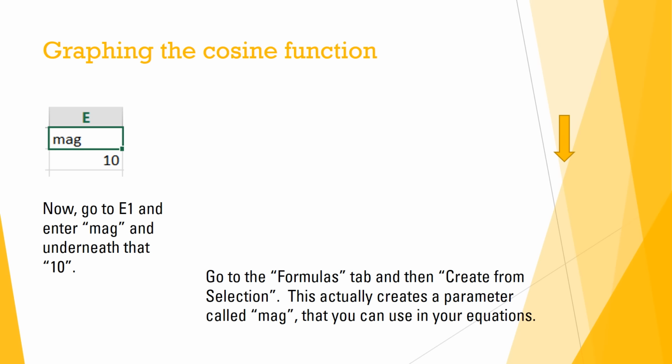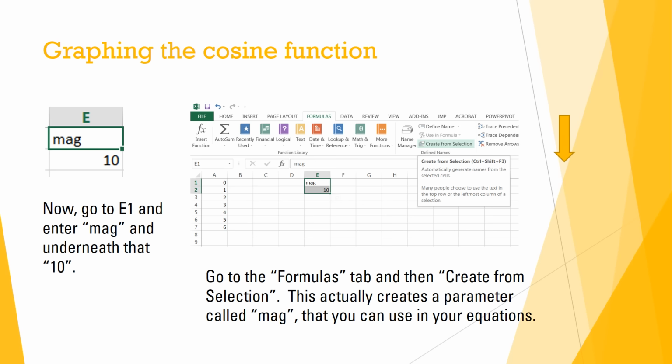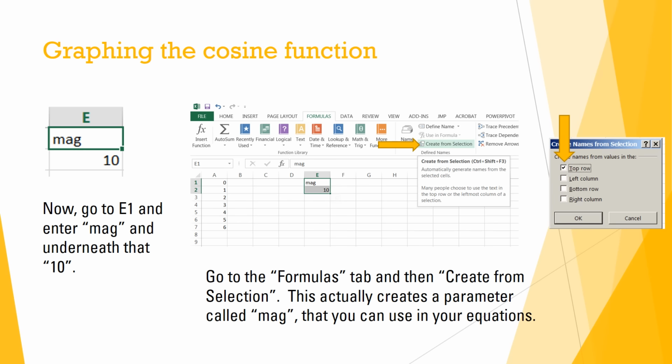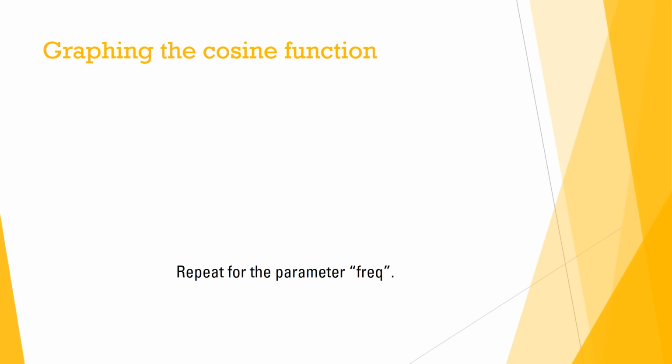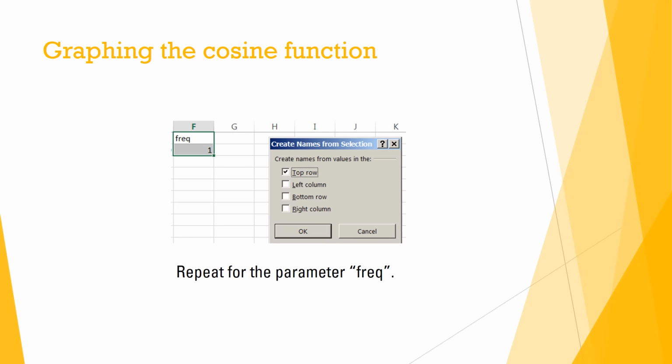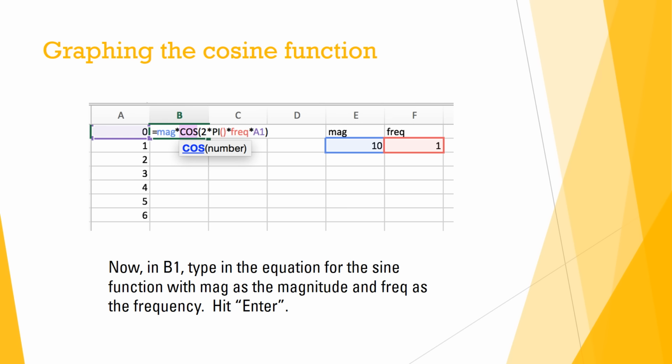Now go to E1 and enter mag, and underneath that 10. If you then go to the Formulas tab, so you have to go all the way up here and choose the Formulas tab, and then Create from Selection. This actually creates a parameter, and you repeat the same process for the parameter FREQ. Now in B1, you type in the equation for the cosine function with mag as a magnitude,